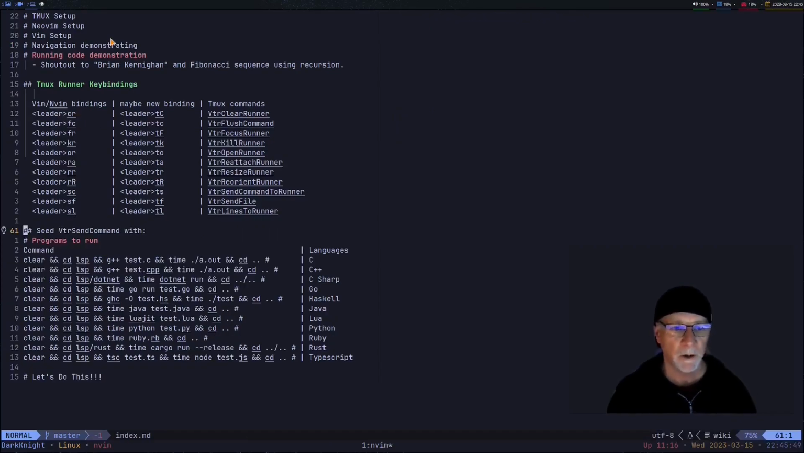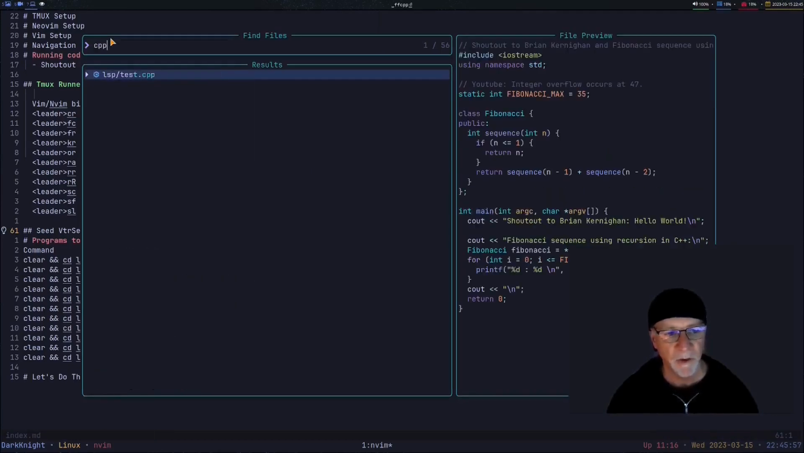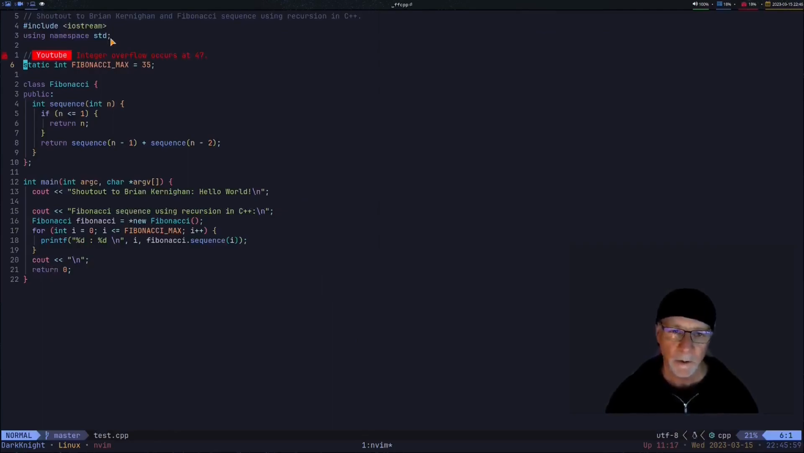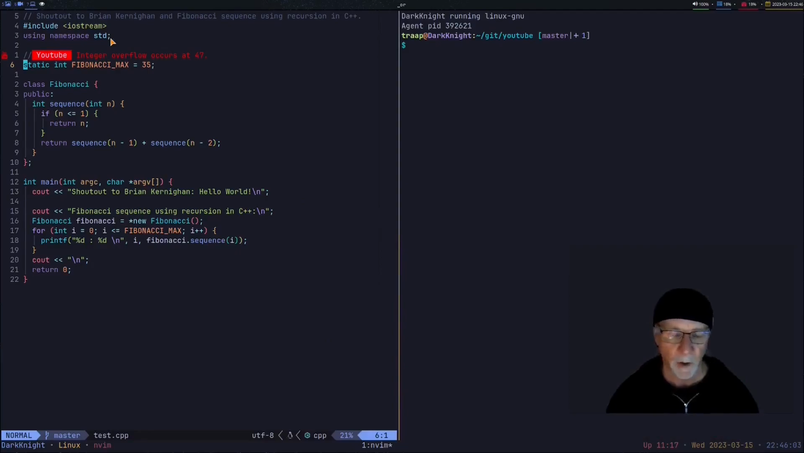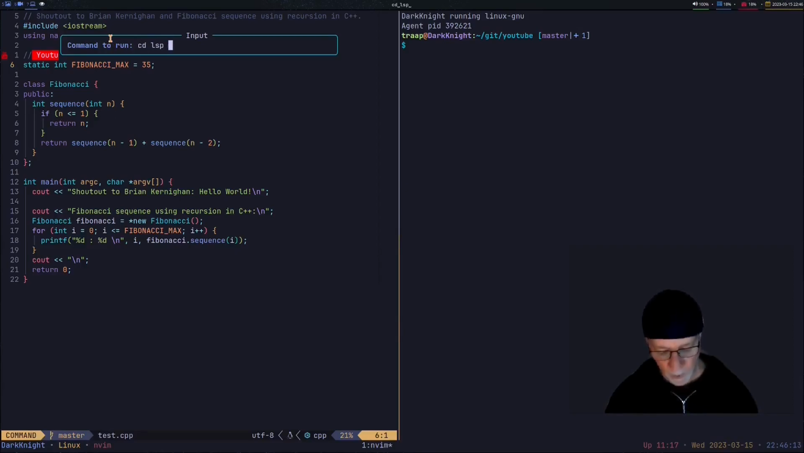Now we're going to take a look at what it's like to use this environment when you're using the actual target programming language. So for this part of the demonstration, I'll use the CPP file. And what we're going to do is make a couple of changes to the runner. So we're going to open up the runner again. The runner is now open, and I'm going to do a send command, and I'm going to tell it to do a cd into the LSP directory, and then tell it to and that with